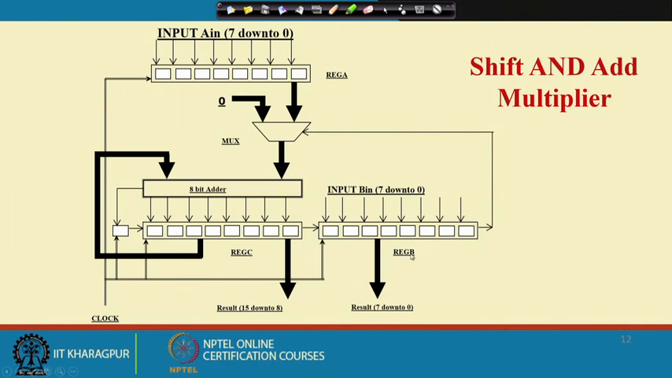Okay. So, then what I said is that there is this shift and add multiplier. These are the basic multipliers. Okay. So, again we will see this shift and add multiplier along with other multiplier architectures in the next class,